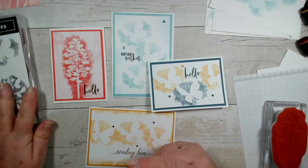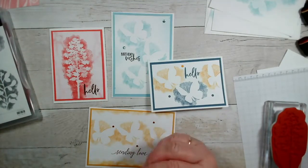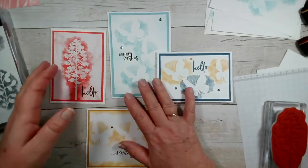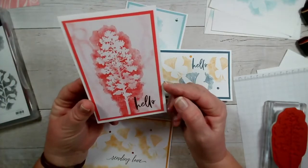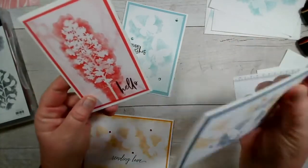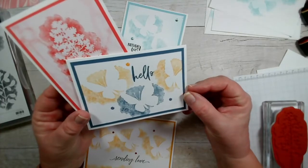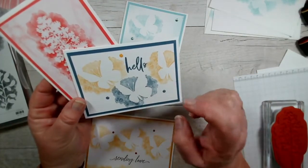So I did have an idea last week on something to do with this, so I'm going to try that out today. So a bit of an experiment. Let me just show you some of these quickly. So we are using this at Coffee and Card this afternoon over in Towcester, and we'll be making ones like this. So this is stamped onto white card, and I've used the butterfly one, and you can see here I've actually used